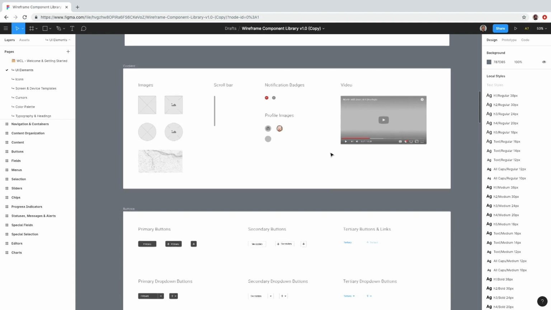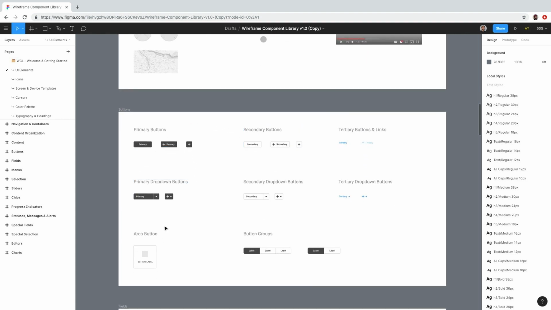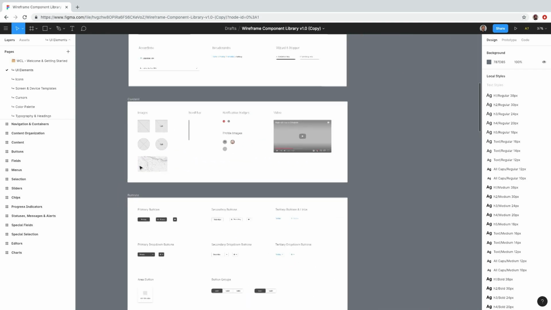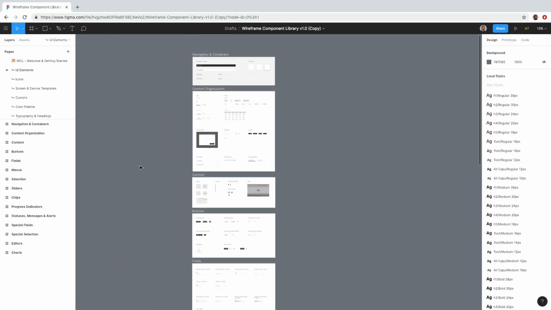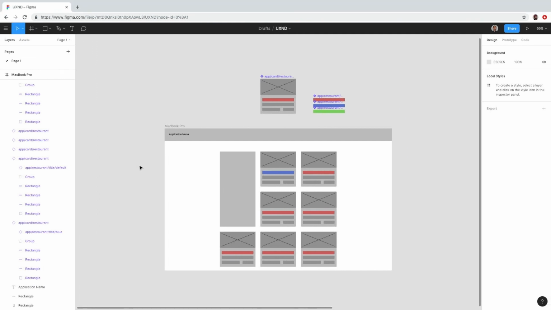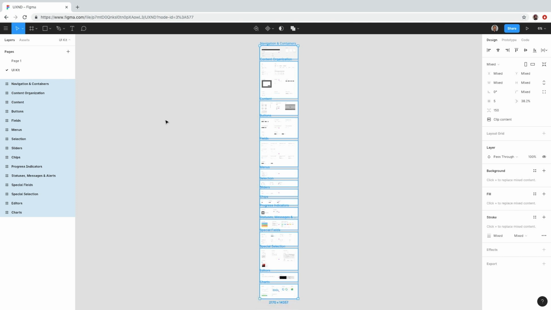Take a minute and see what kinds of assets are included in your libraries. For me, I know I'm going to use things like buttons and the image layout a lot. Instead of publishing to our Figma account, I'm going to do a simple Control-A or Command-A and Command-C to copy everything on this page. I'm then going to go back into my Figma project for our UXND project. I'm going to create a new page called UI Kit, and I'm simply going to paste all of those elements in line into this UI kit.